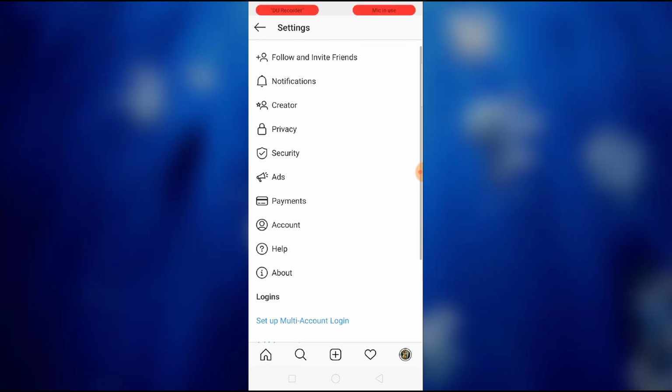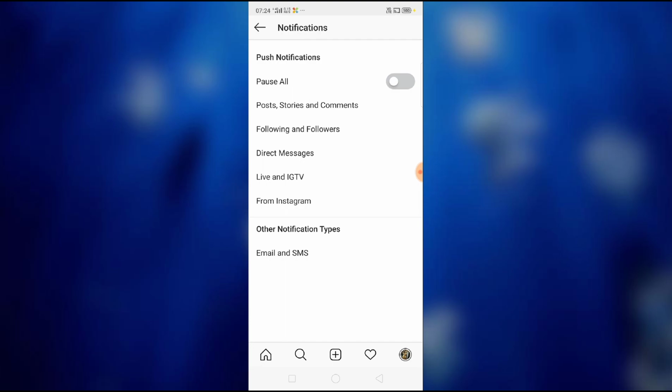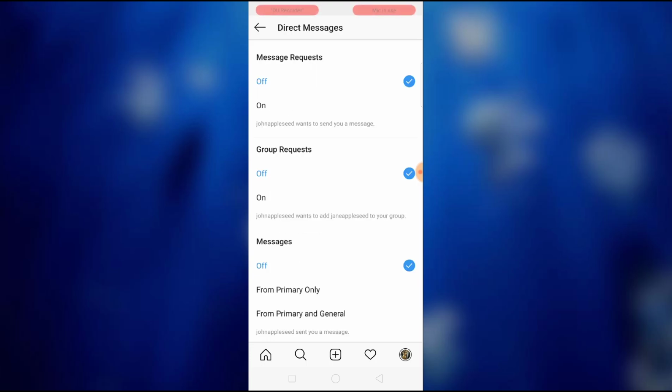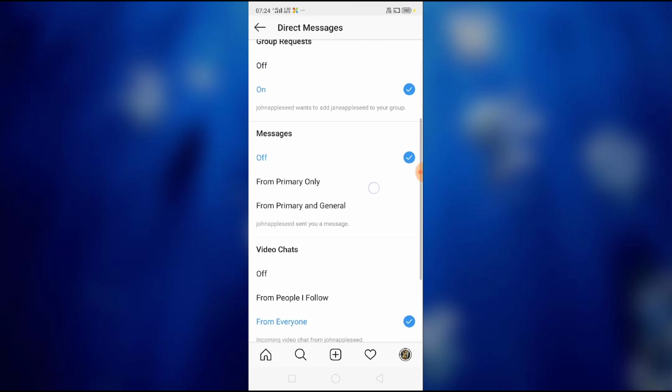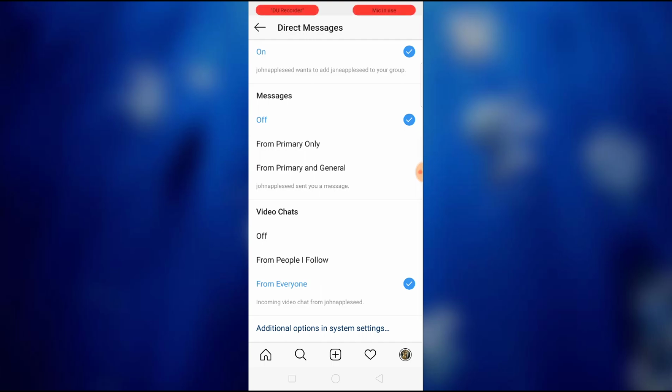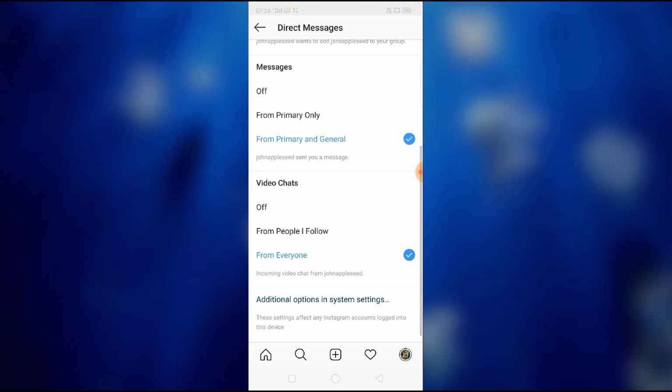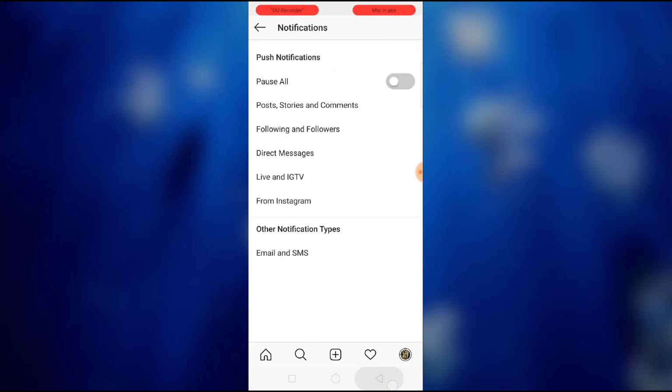You can see your notification. Just click on notification, and then now what you have to do is just click on direct message. Just click on direct message, and then guys, see here, message request, it is off. You can see here off. So what you have to do is turn this on, and then group request, it is off. You have to turn this on. Message, it is off, so you can do from primary and general both, and then it is done. So now go back,